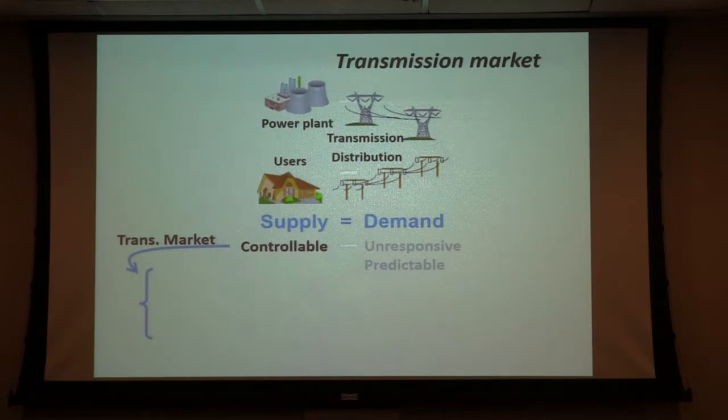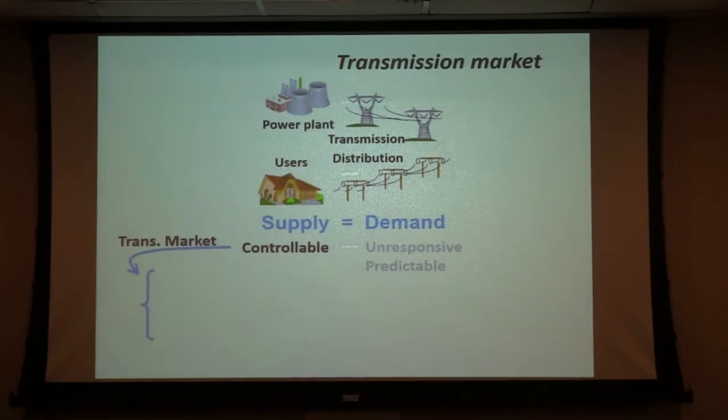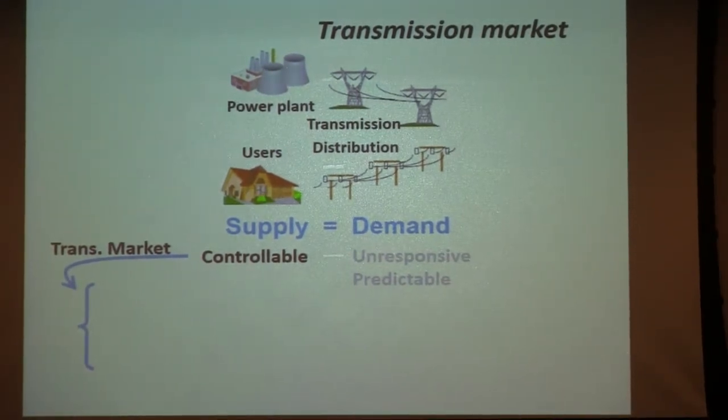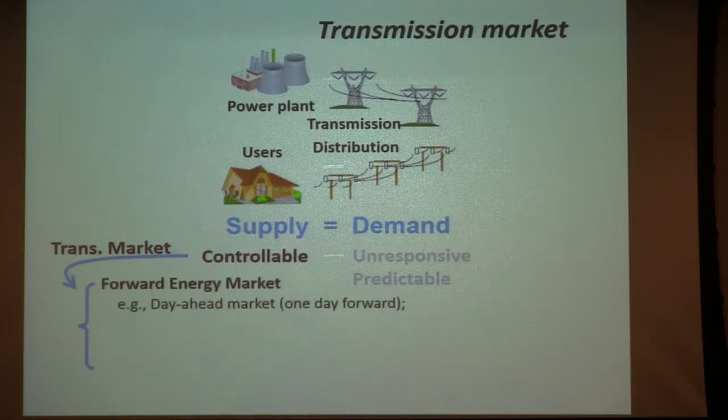And here is a brief overview of the market. There is a lot of organizational control, like power engineering, with many different people working together to make sure the power plants generate enough power to satisfy people's usage. On the market side, traditionally we already have markets for the transmission system. The markets are usually run at different time scales. The slow time scale is sometimes called the forward energy market, and different utilities and ISOs have different names for the forward market design. One very public example is the day-ahead market.